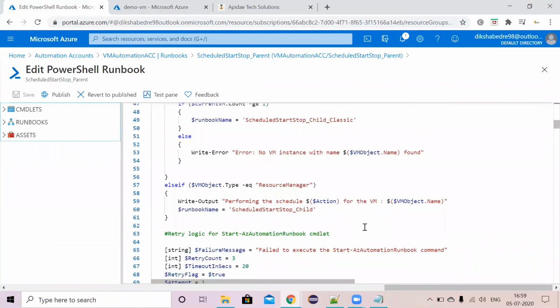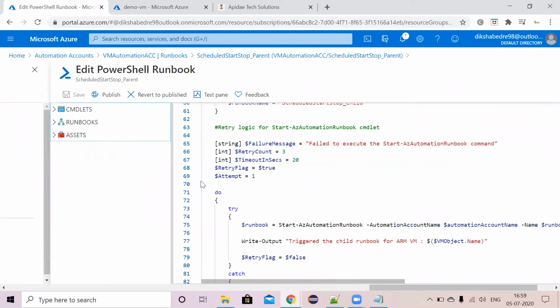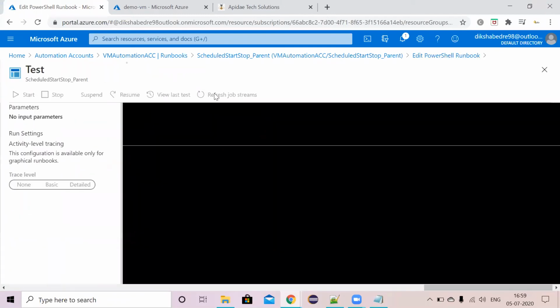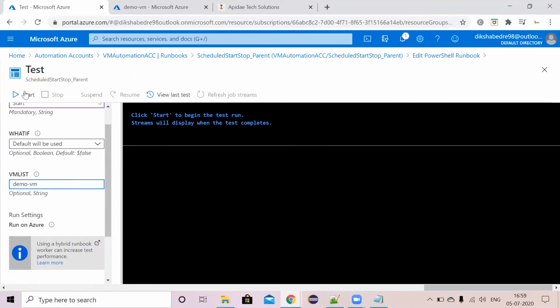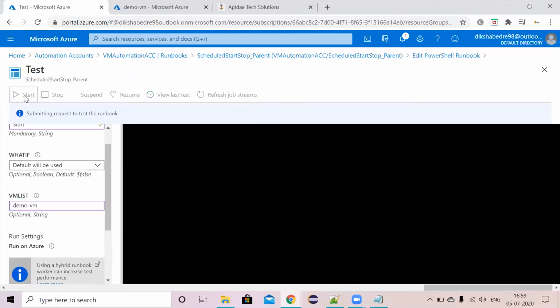If the run books are coming, then no need to do that. You just need to test. At the time of this test, we have to give start or stop, and the particular VM name, we have to give here. And by that, we can start the test.